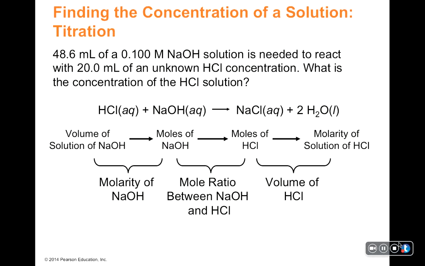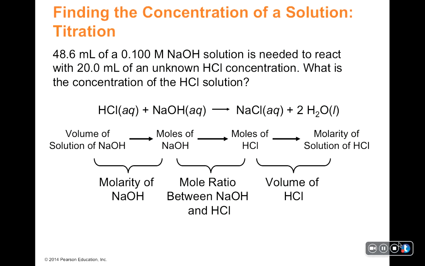So we have 48.6 milliliters of a 0.1 molar sodium hydroxide solution that is needed to react with 20 milliliters of an unknown hydrochloric acid concentration. What's the concentration of the hydrochloric acid solution? So again, we're using volumes, molarity, and mole ratio to figure out this problem. We're given a volume of sodium hydroxide, and we're given a molarity of it. So the volume of sodium hydroxide can be converted into moles of sodium hydroxide. Once we have moles of sodium hydroxide, we can use the mole ratio in our balanced chemical equation to convert that